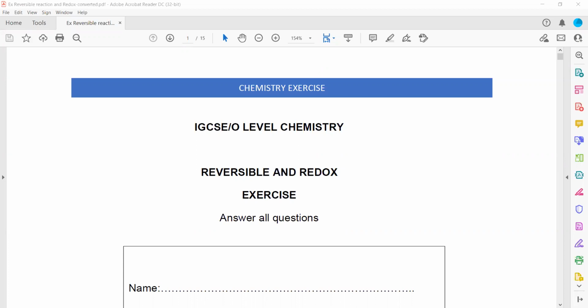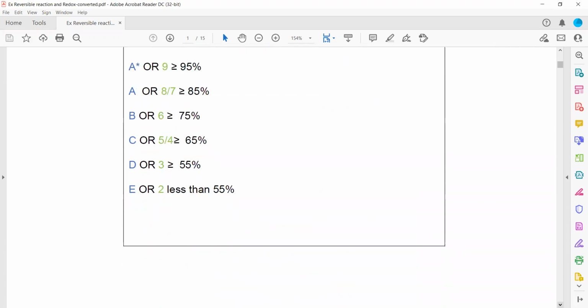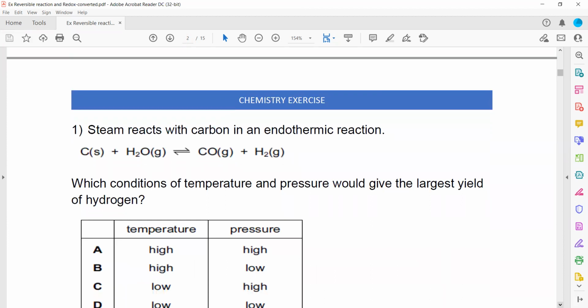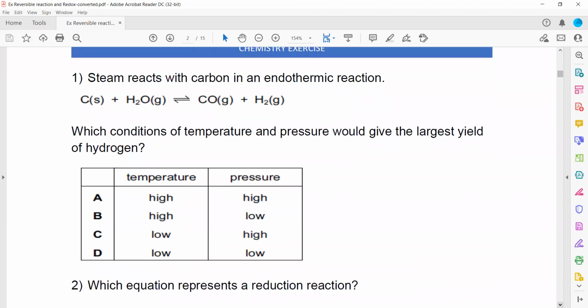So the first part of this exercise is multiple choice questions, about 22 of them, and after that there are structured questions as well. Okay,